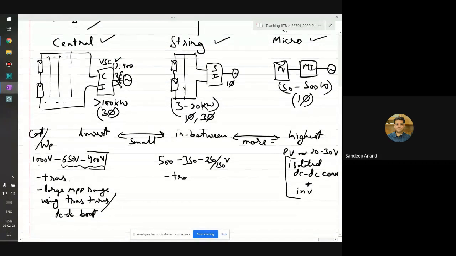Here, a transformer is mandatory in some countries based on their grid codes. In some countries a transformer is not mandatory, so in some places a transformer is there, some places not. Definitely, there is a use of DC to DC boost. Here, you don't need to boost by a large factor, so you can use a conventional boost converter. You don't need to go with an isolated DC-DC boost and so on. And if you happen not to use the transformer, then how do you solve the leakage current issues? We'll spend a separate video on that discussion.